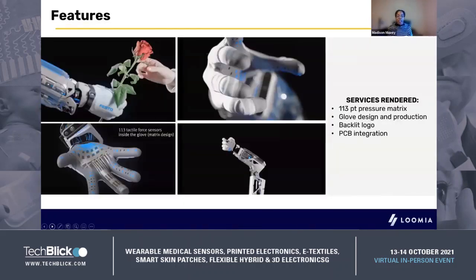Some of the features of the pressure sensitive matrix and glove that we developed for Festo are that this glove has a 113-point pressure matrix. We did the design and production. It also has a backlit logo just for decorative features, and it has a fully integrated PCB